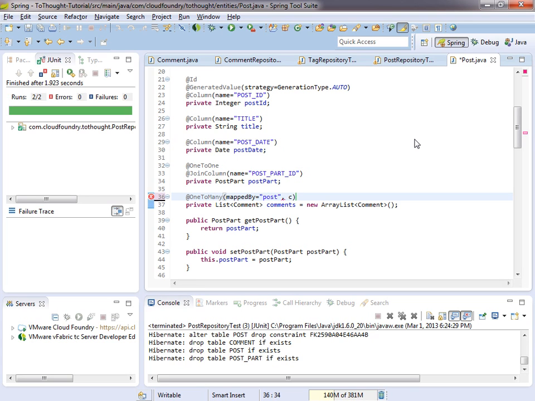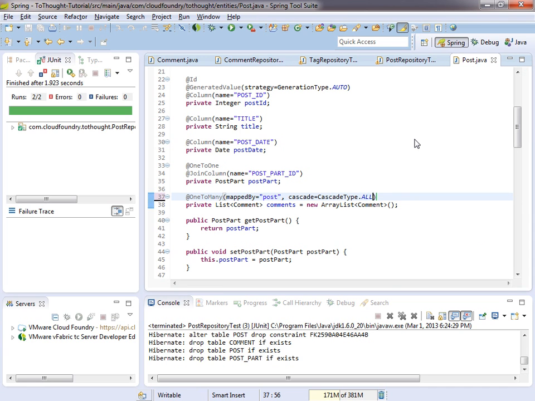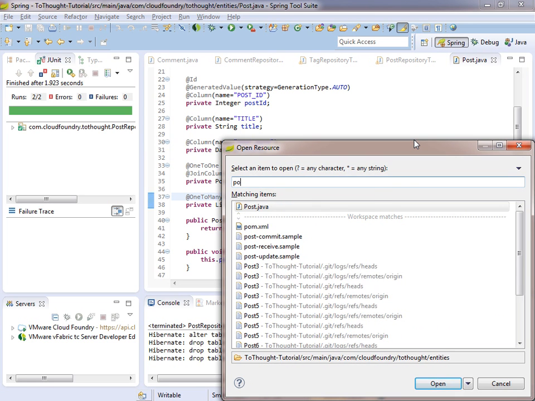And we are also going to specify the cascade type, and we're just going to set that to all. Meaning all operations on the parent will be performed on the child. So let's head back to comment,